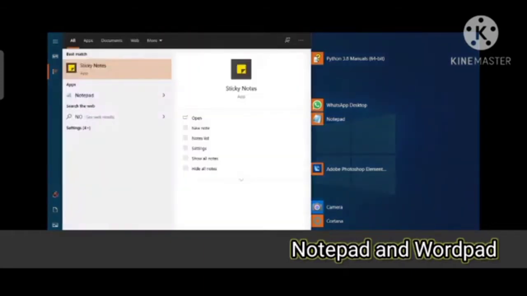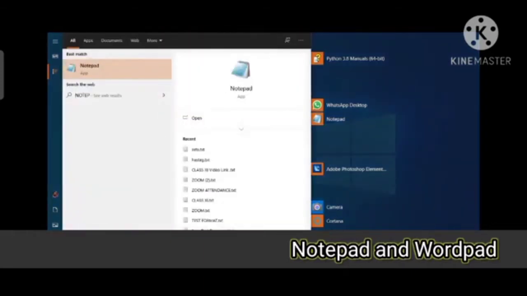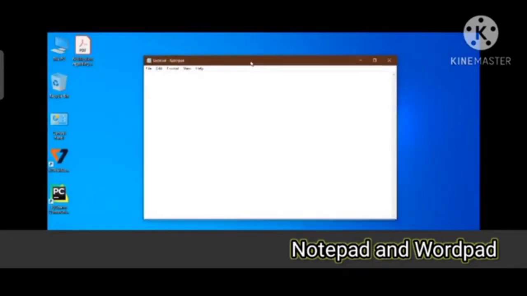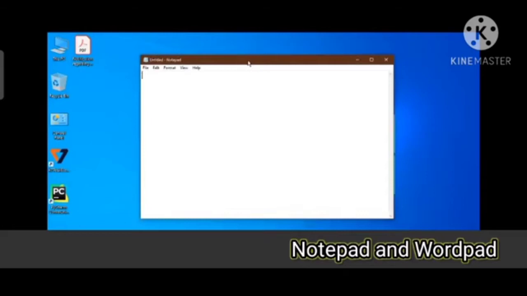Or you can search it from over here by writing Notepad, and then click on that particular application to open the Notepad app. Or else it is already visible over here also. You can open it from there if it is visible on the screen. So this is the screen of your Notepad.